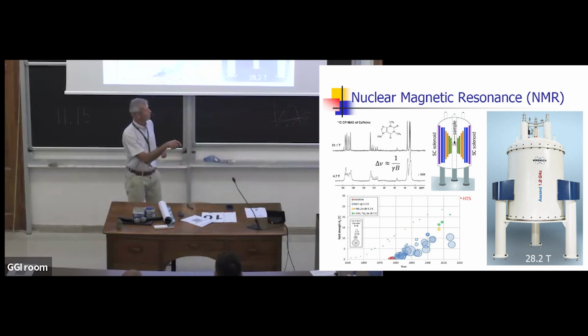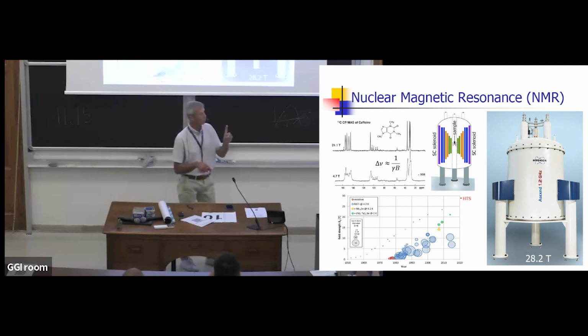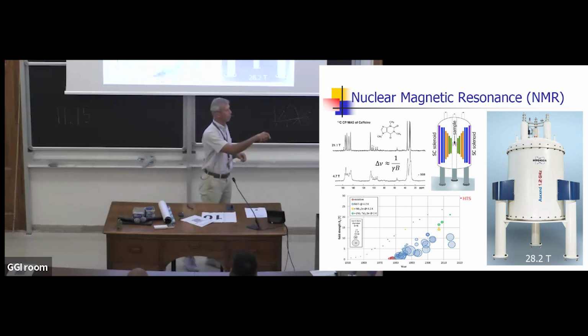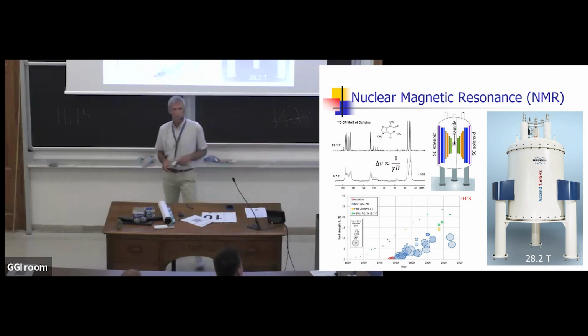What happens is that if you increase the field, like it's done here, from about 5 Tesla to 20 Tesla, you clearly see that the spectrum gets much sharper. So you can understand much better which element is there and what the structure is. If you look at the evolution of NMR machines, as a function of the year, the field has been increasing steadily up to today's realization, like this 1.2 gigahertz machine, which is not the top of the line. There's more, but it is made with HTS, high temperature superconductors.